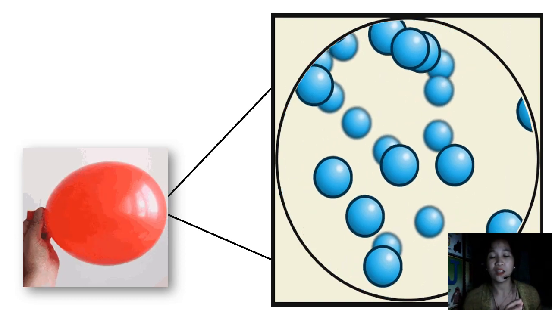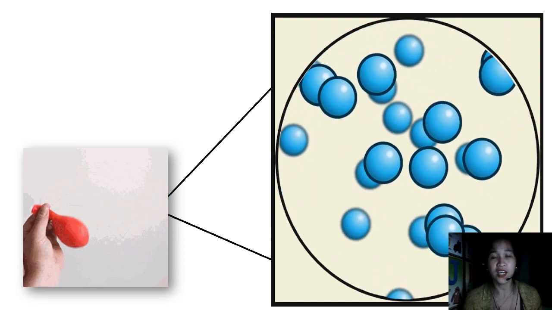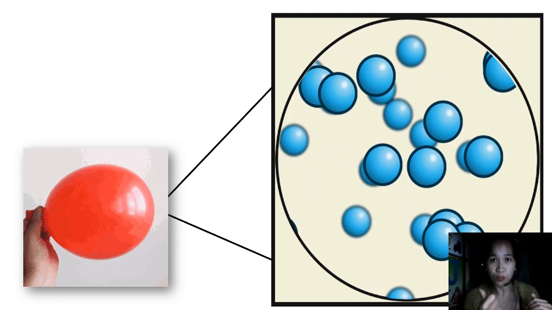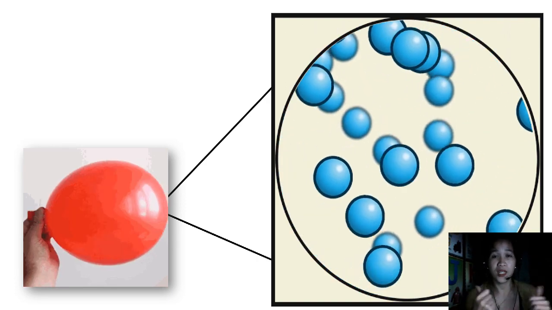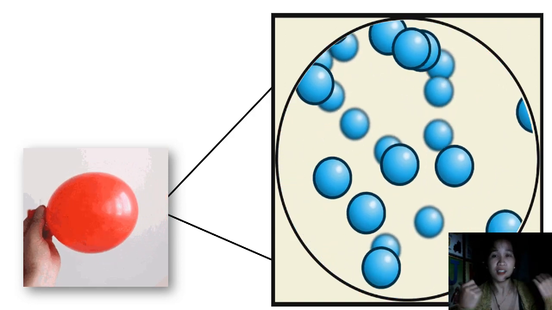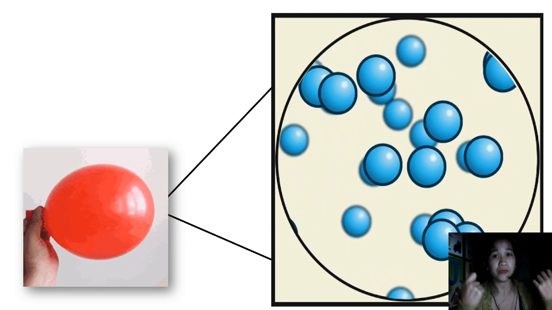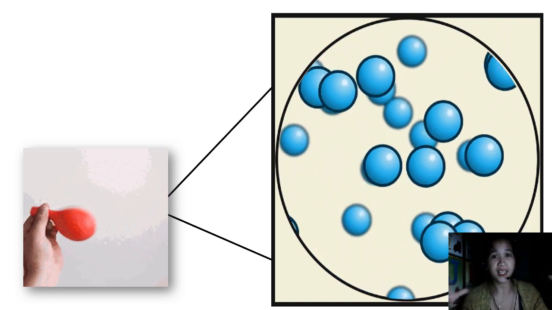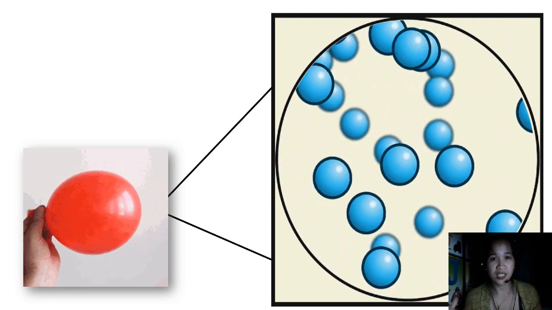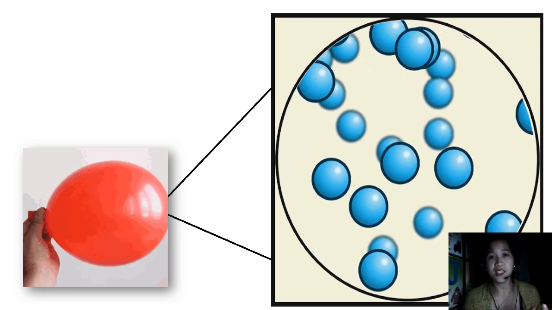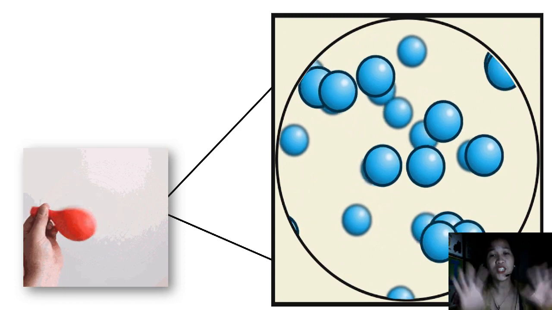Just like what we said earlier, we can partially push the plunger with the air inside it, because it gives us the hint that the gas has a large distance between its particles. Okay, next is the